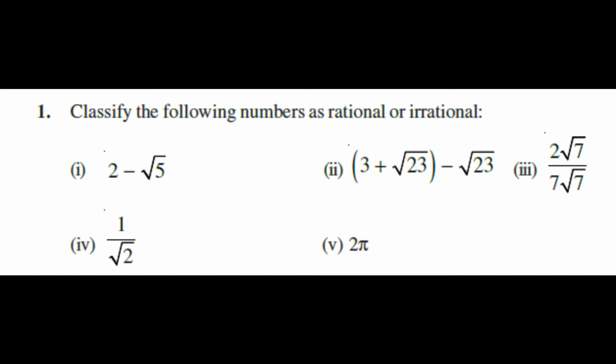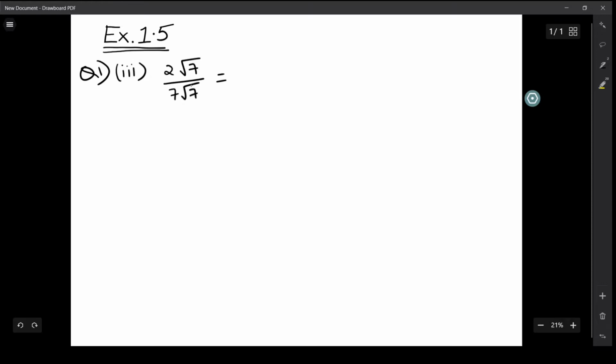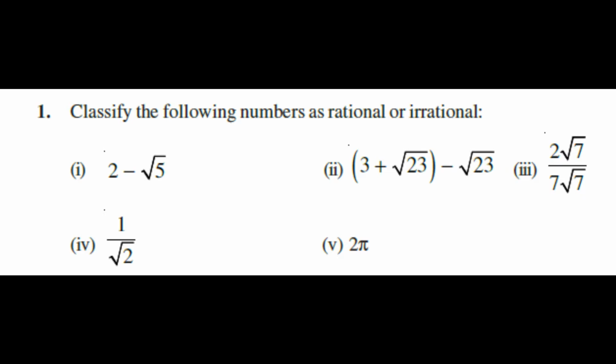Moving to the third part, it says 2 root 7 divided by 7 root 7. Now when we want to simplify this, the root 7 cancels itself out and we are left with 2 by 7. The number 2 by 7 in itself is a rational number. Moving on to the fourth part,